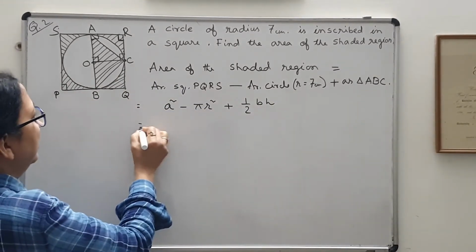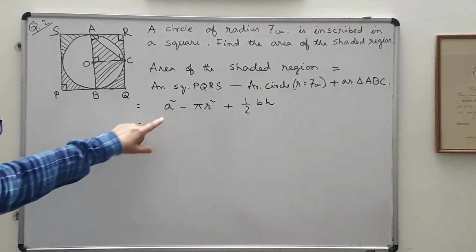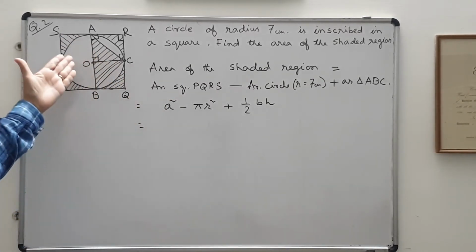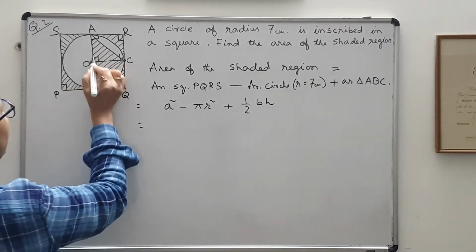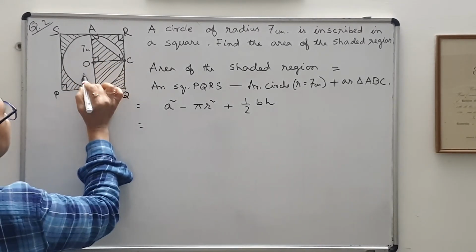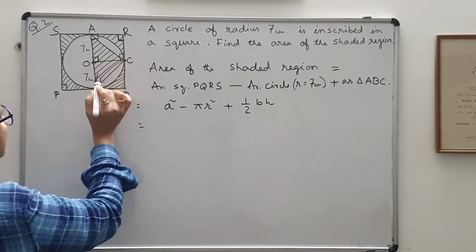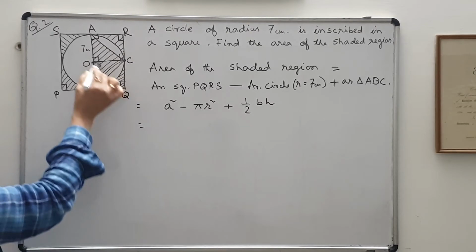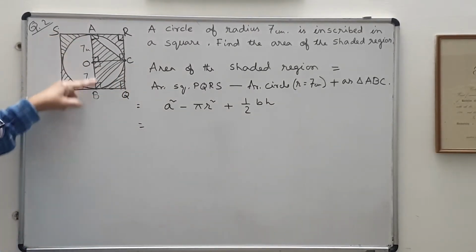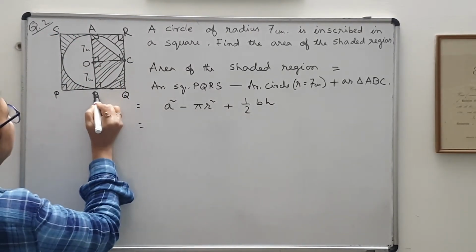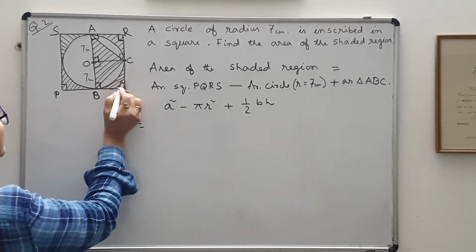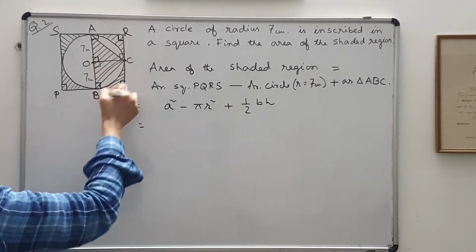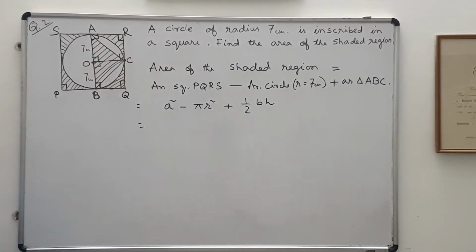Now let's see first. Do you know the value of the side of the square? It is not given, but we can find out simply by observing. Because the radius is 7, OA is 7 centimeter, OB is also 7 centimeter. And similarly, all are 90 degrees, so 90 plus 90, 180, so this has to be a line. And again, this is 90, co-interior angles are supplementary, so AB is parallel to RQ. That also we can see.